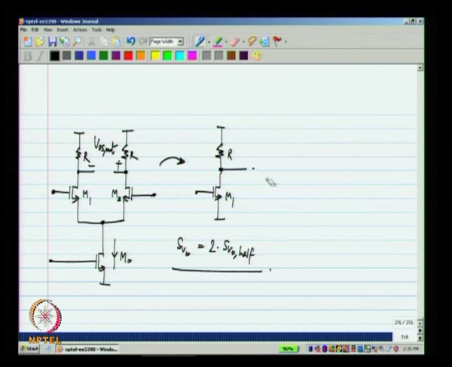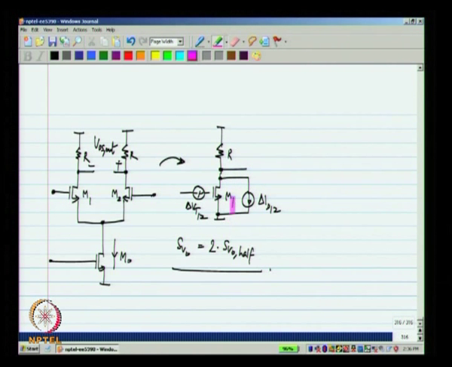Now, can we calculate that from the single ended equivalent circuit? Now, it turns out that we can. First of all, we simply insert the mismatch between transistors 1 and 2, that is the transistors corresponding to this single transistor in series with the gate of M1. Now, if we have some current mismatch that can be inserted here.